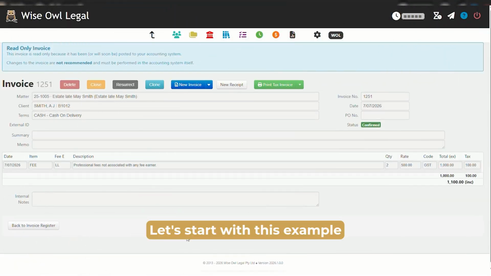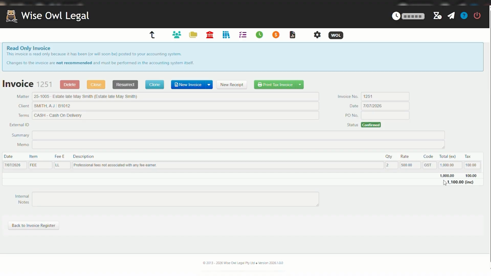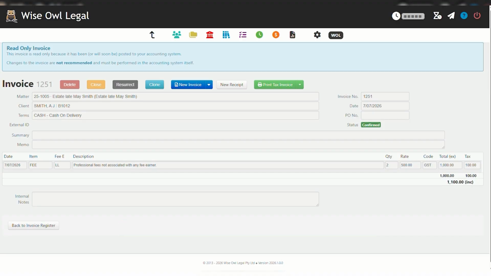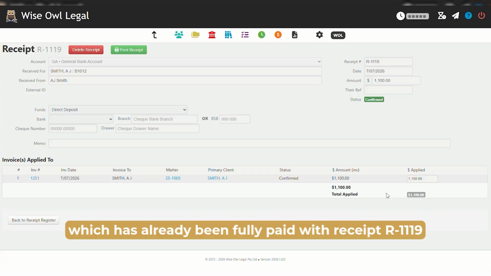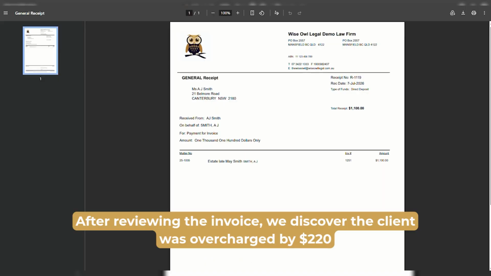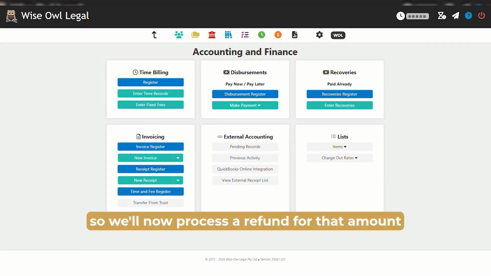Let's start with this example. Here, we have invoice 1251 for $1,100, which has already been fully paid with receipt R1119. After reviewing the invoice, we discover the client was overcharged by $220, so we'll now process a refund for that